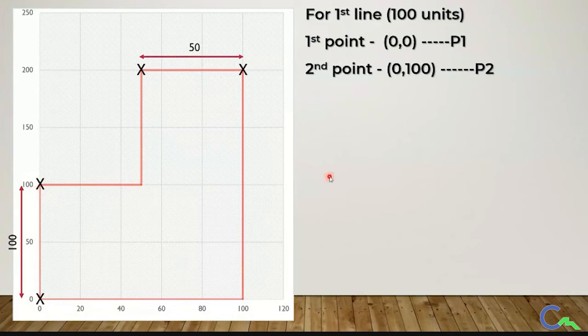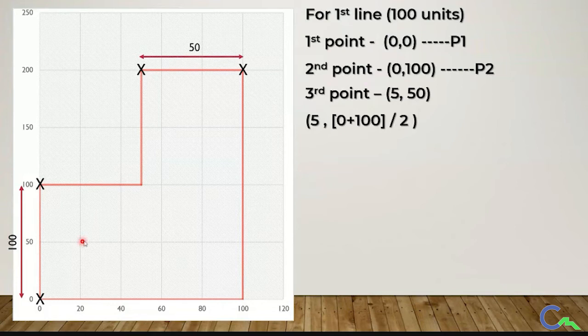What about the third point? Third point in the sense, the point where the text should come. So in coding, there will be 3 points: the first point, the second point, and the point where the dim text should come, right? The third point, let it be in the center, and let it have a gap of 5 to 10 units from the 0 point. That means this 100 point will be around 5 comma 50. Am I right? So this point will be around 5 comma 50.